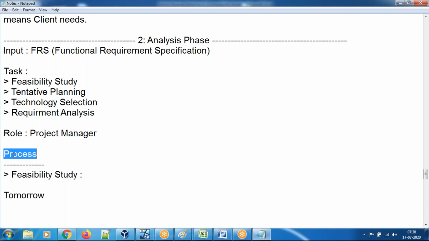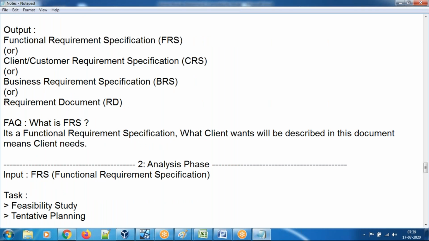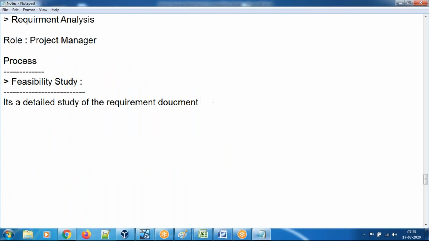Now, how does the process go on? Let's see. First, feasibility study. The name itself says study. Study means reading. So it's a detailed study of the requirement document. Requirement document or FRS, both are the same. Here I said requirement document. So it's a detailed study of the requirement document, which is called FRS,